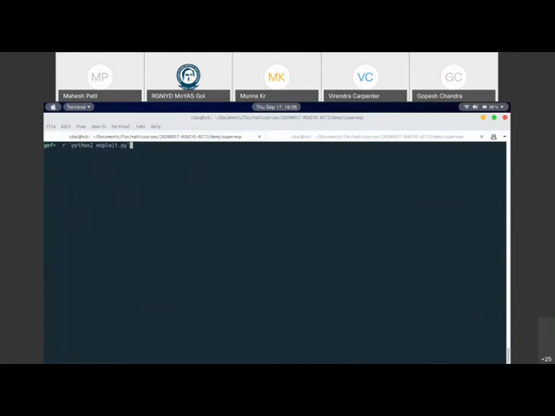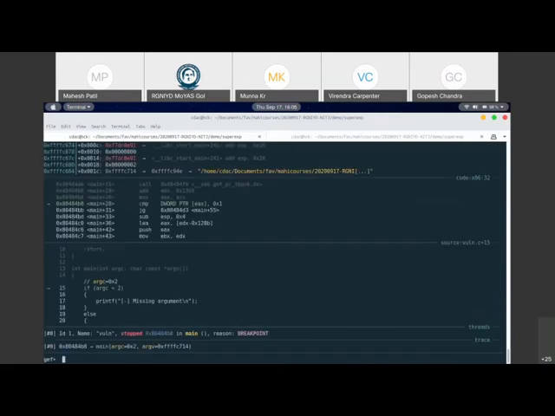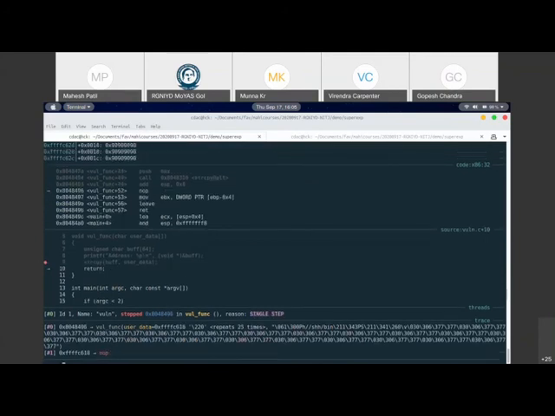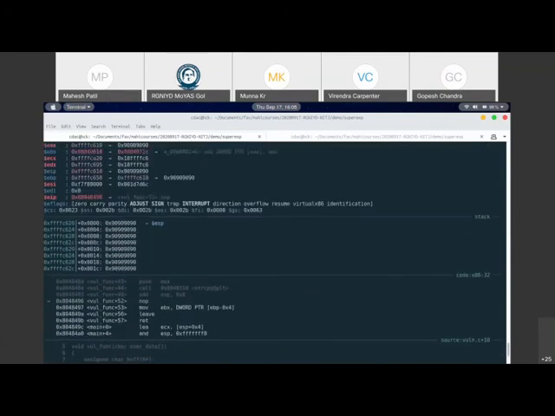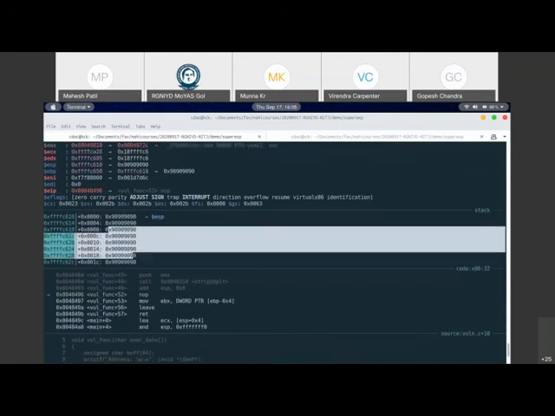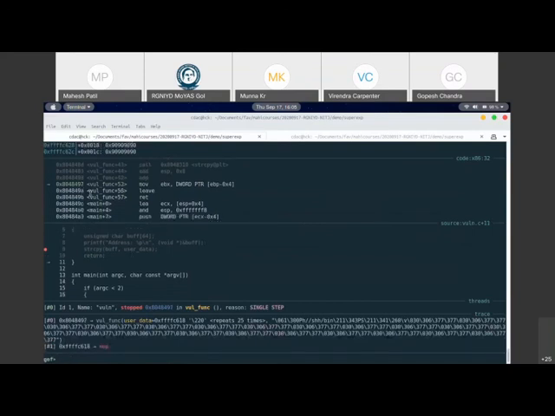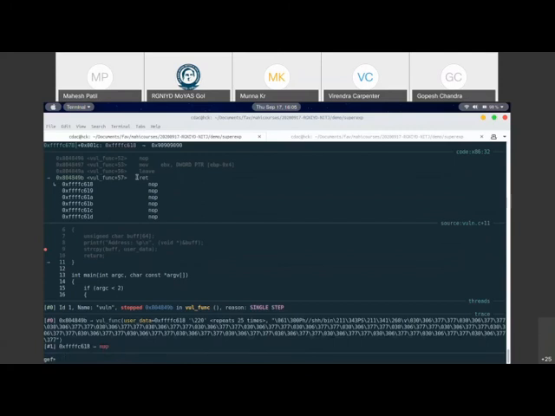Let's run the program again. Continue the execution. So you see that now we are at the place where it is going to have the NOP instruction. Let's execute it. So you see now the instruction pointer is here. That is the place. Let's go to the next instruction. Next instruction. And you see that when the vulnerable function is returning back, now it is returning back to